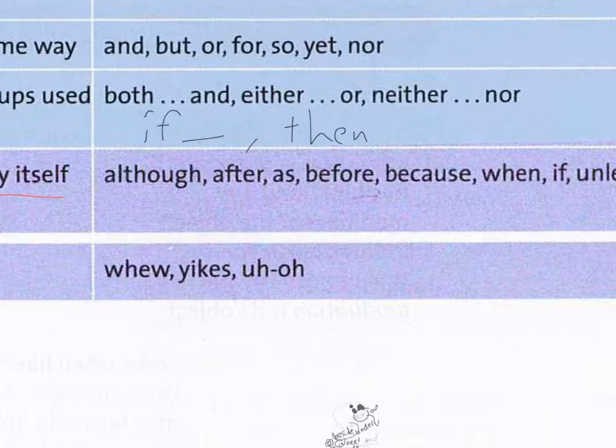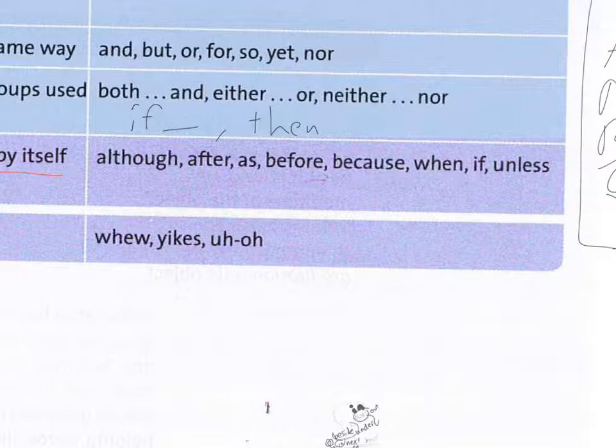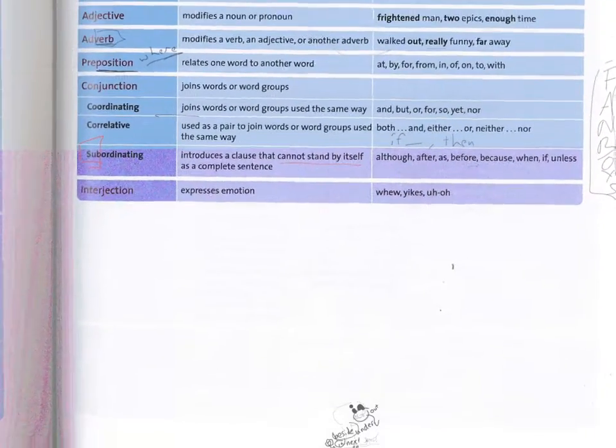The examples of subordinating conjunctions: although, after, as, before, because, when, if, unless. I'll give you an example. If you don't eat your dinner, that sentence isn't complete, right? If you don't eat your dinner, you cannot have dessert. You see, so when you have one of these conjunctions, it changes your sentence and makes it rely or depend